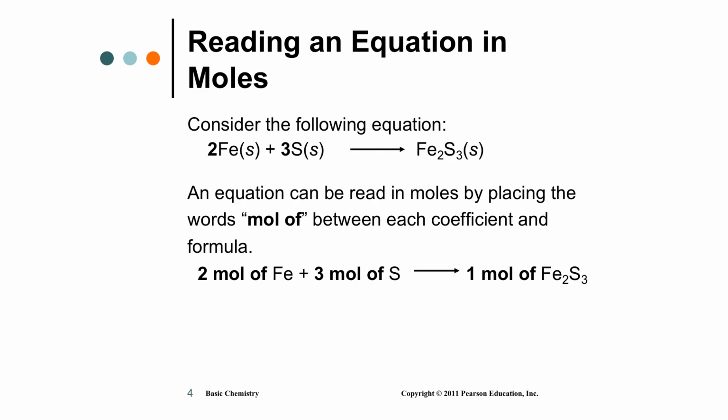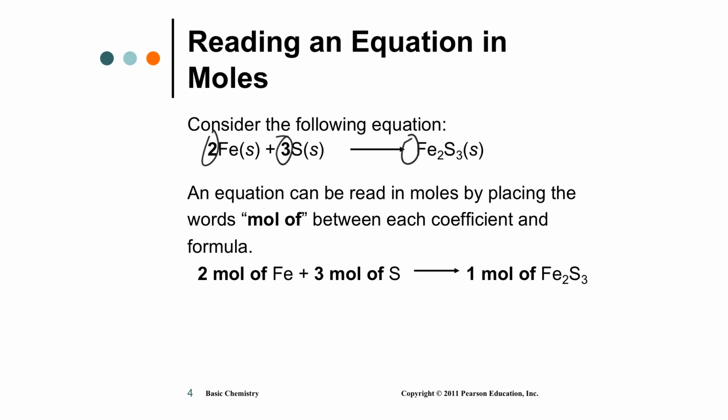Okay, so here we've got iron and sulfur making iron sulfide. So when I look at this, I immediately think 2 atoms of iron and 3 atoms of sulfur give you 1 molecule of iron 3 sulfide. That's what I'm thinking. Or 2 moles of iron and 3 moles of sulfur equals 1 mole of iron 3